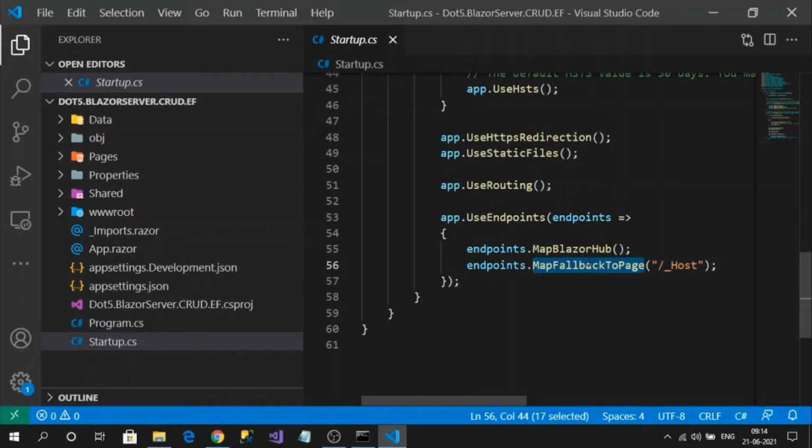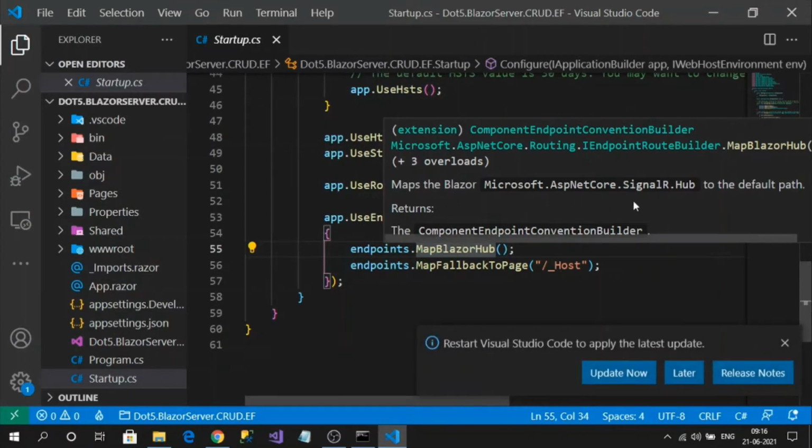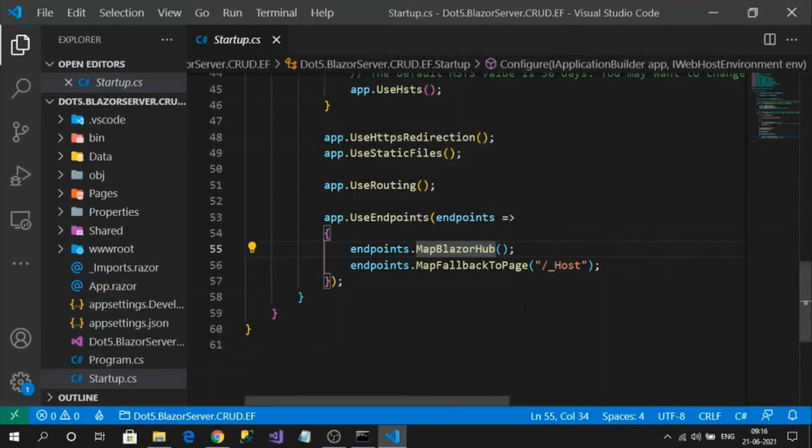Only the Blazor hub, which represents the SignalR hub. If you hover over it, you can see Microsoft.AspNetCore.SignalR.Hub. So that's for the SignalR hub, and there is no special routing for our Blazor requests.